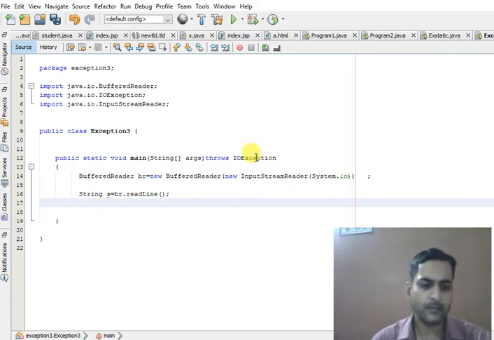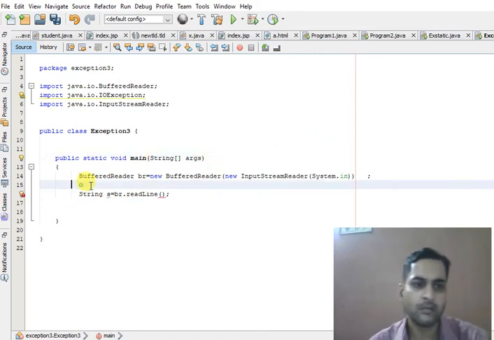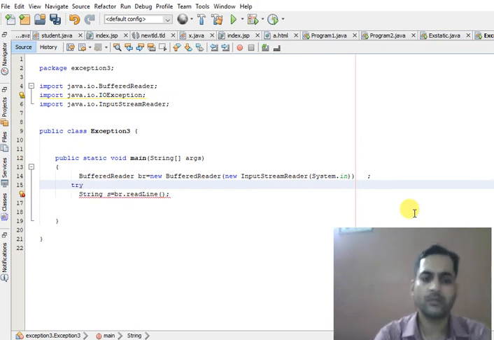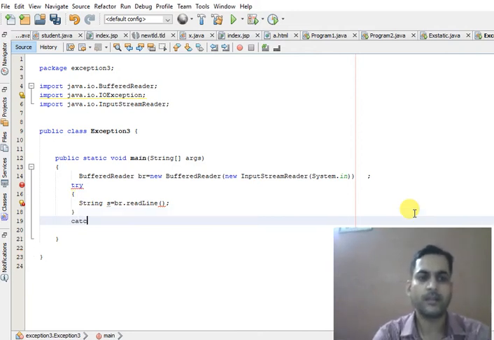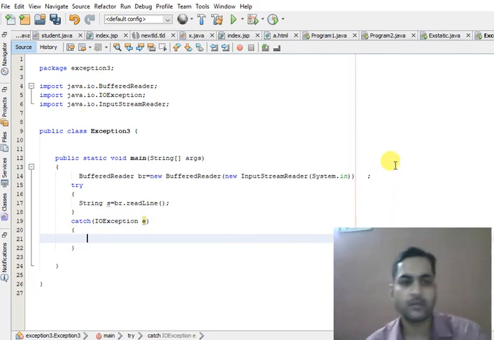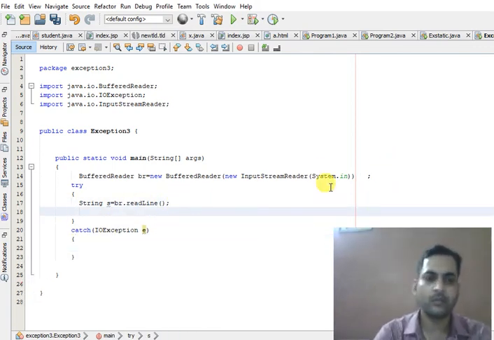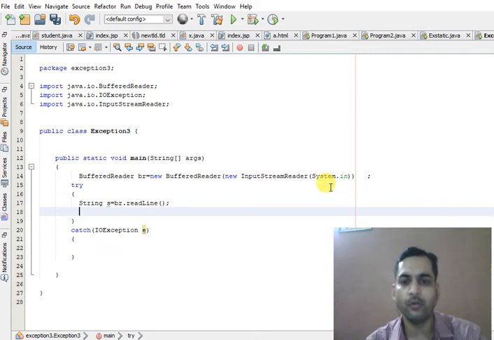We can use multiple catch statements. Let us first remove this. Suppose try and catch IOException. Suppose this try block can throw more than one type of exception, or perhaps you don't know what type of exception this try block can throw.